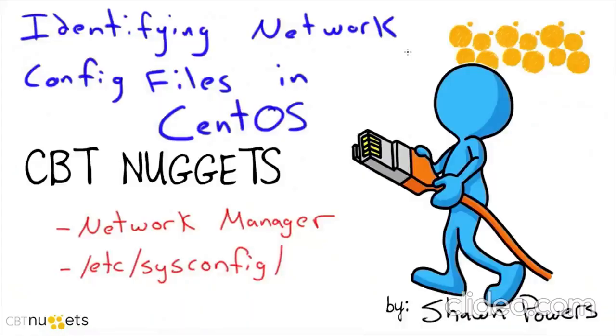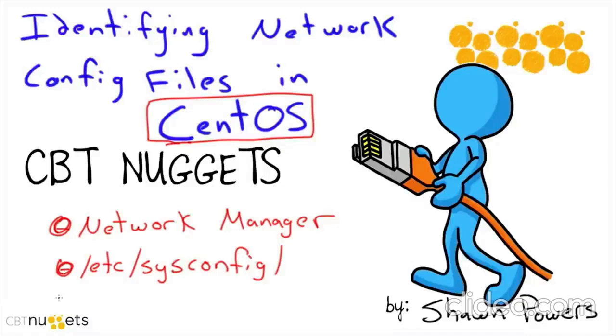If we've been learning together for a while, you know that I prefer Debian-based distributions, and Ubuntu is my jam. But I have to admit, when it comes to network configuration files, CentOS or Red Hat, they really have an elegant solution for how to configure the network, and there's no confusion between if you're using the GUI network manager or if you're just using the configuration files in the /etc/sysconfig folder. Let me show you what I mean, because CentOS is just so awesome when it comes to network